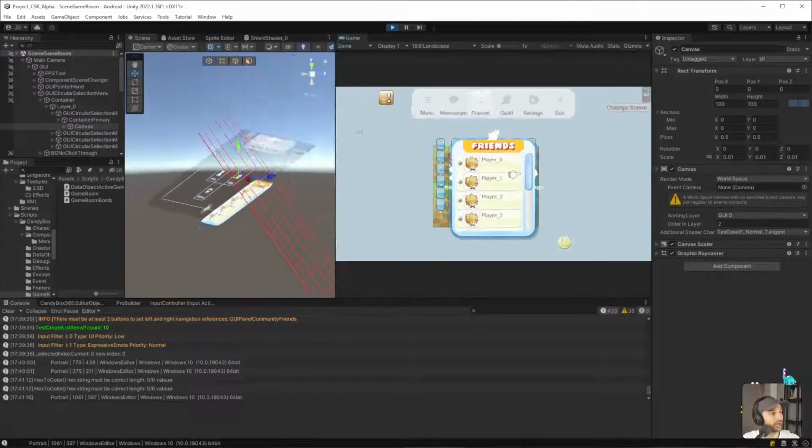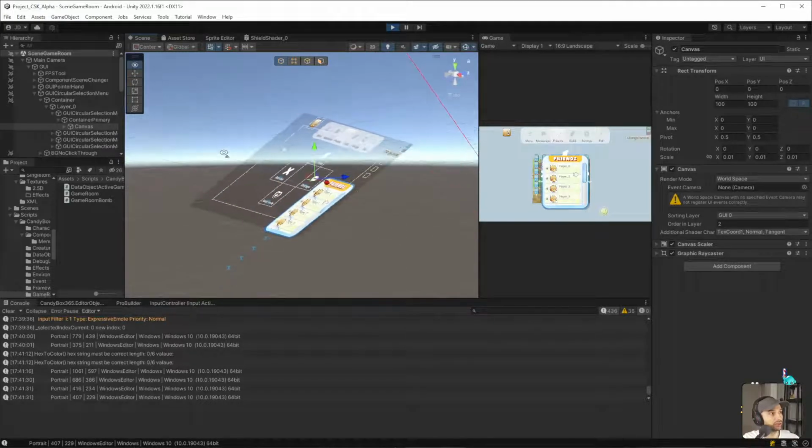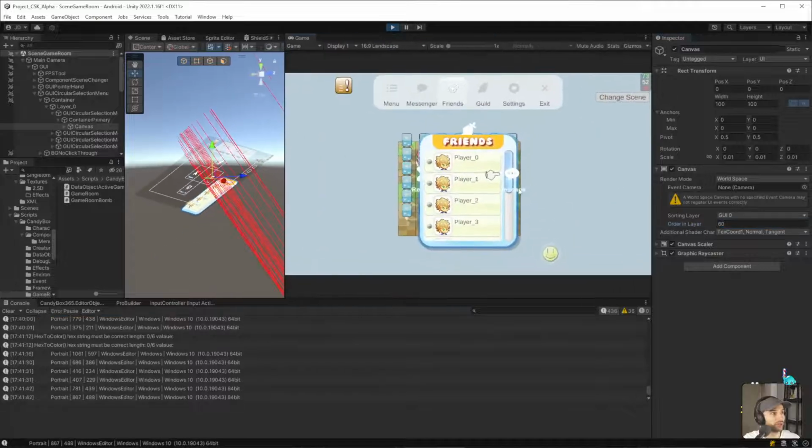Now I know that somehow, some way, this ended up being an order in layer 2 when it's actually supposed to be much higher, like 60 or something. And if we bump that up, you can see it goes up in terms of order. That's interesting, though, because it only happens sometimes, but not all the time. So I find that very strange.